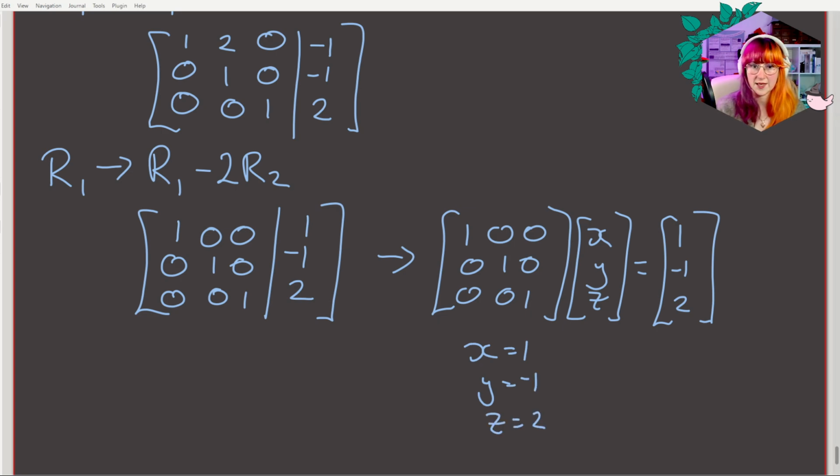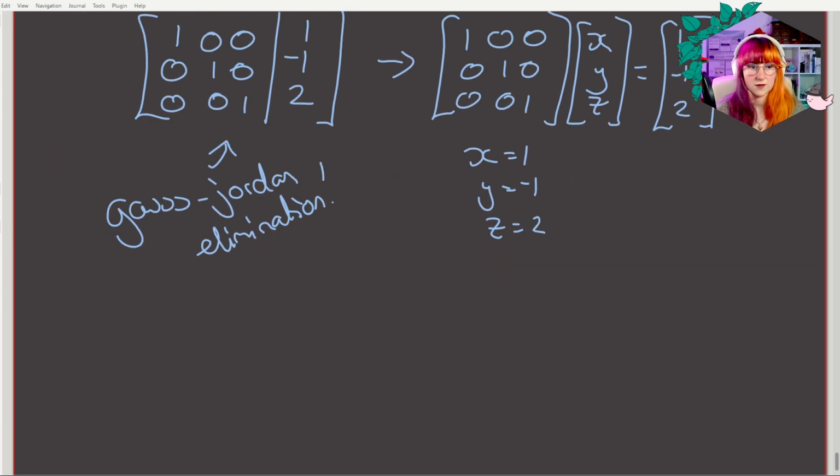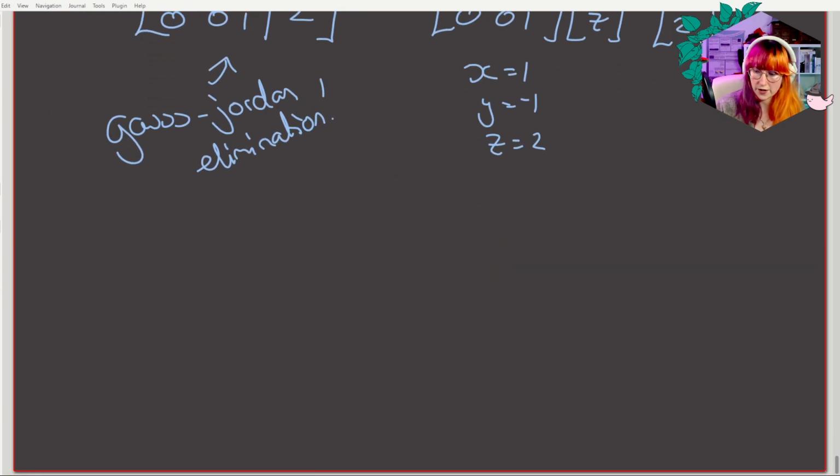So that is reduced row echelon form. So this is all the way down to Gauss-Jordan elimination for that. You don't have to do it left to right, top to bottom, but it is a lot easier because you end up going back on yourself